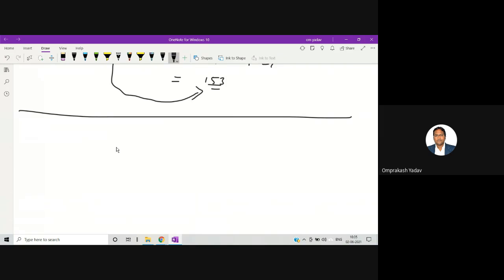I'll write like this. So first I'll take a variable, let's say n, in which we'll be inserting the value, right? The number, for example 153. This number will be stored inside this, and then we'll require a remainder variable, and we will also require one variable where we will do the sum, right?